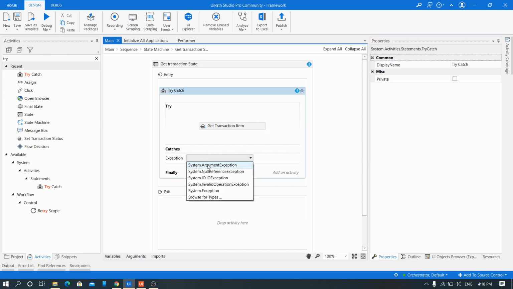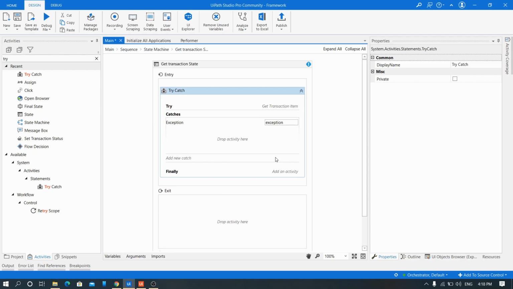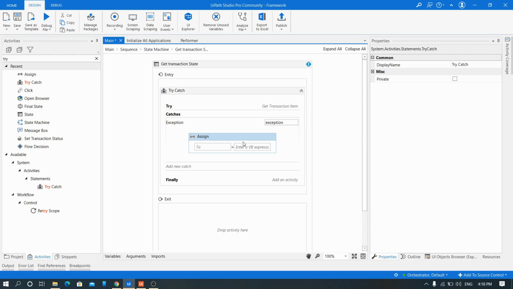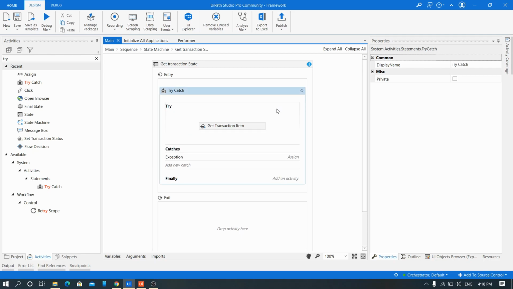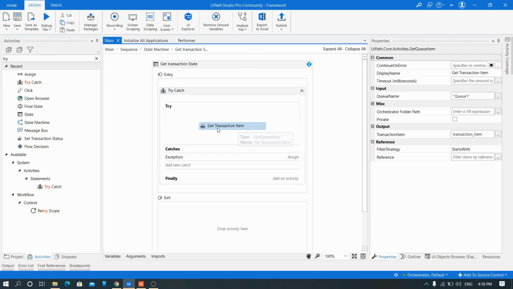In the catch, again input output exception. You remember we had created a flag, setting it to the boolean value true, which states that we got an error while we tried to get the transaction item.